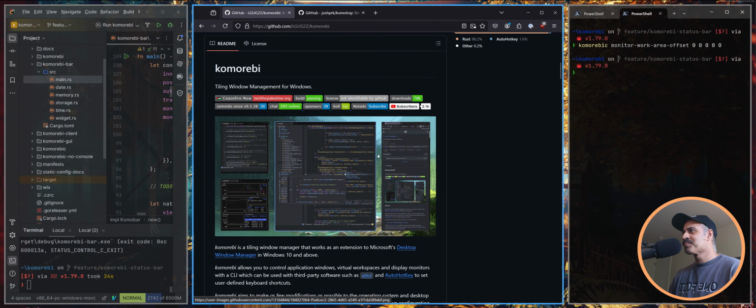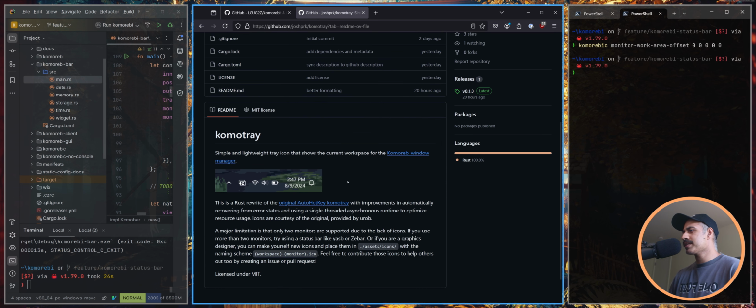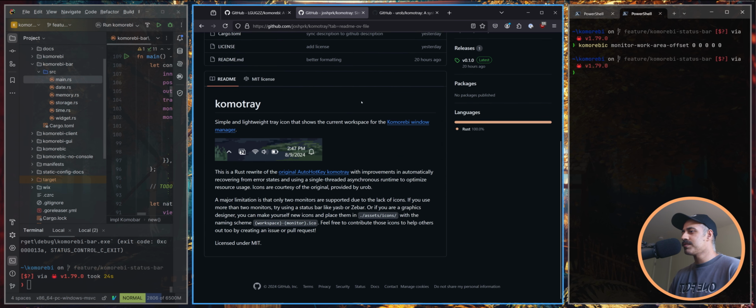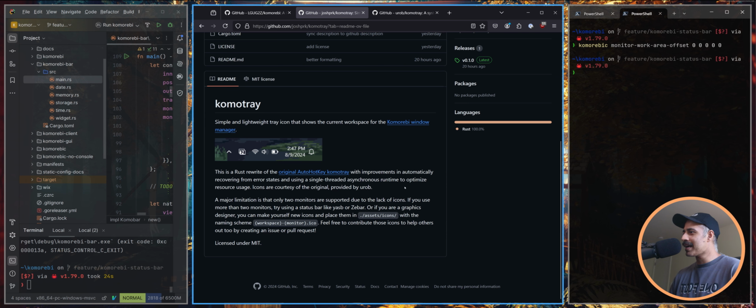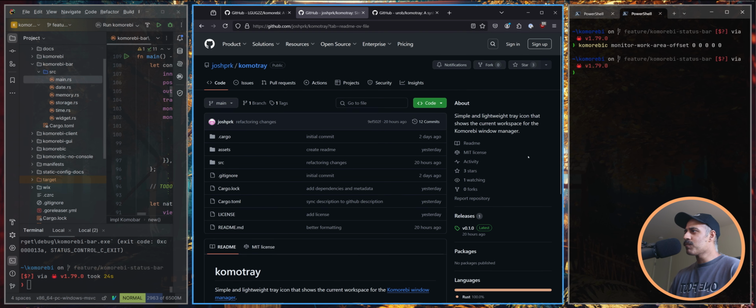So last night I was talking to Josh Park on the Discord, who has recently created a Rust rewrite of the AutoHotkey app komorebi, and it's very cool. It's a nice simple little widget that sits in the bottom right hand corner if you have the taskbar enabled, and it just tells you which workspace you're on. Pretty cool. One thing that Josh mentioned was that komorebi does not account for restarts of the window manager, which